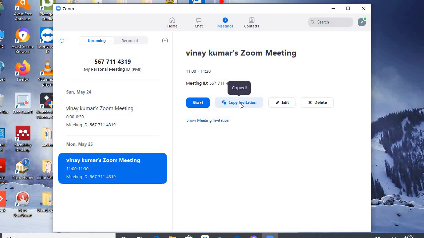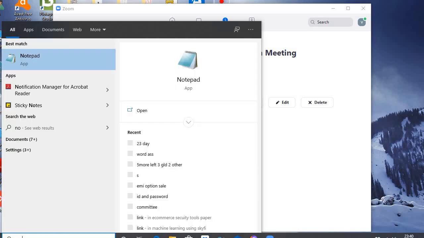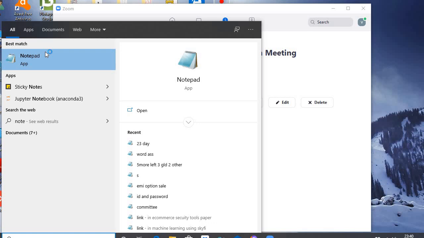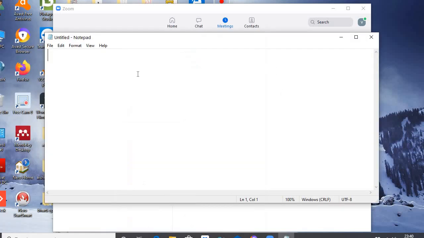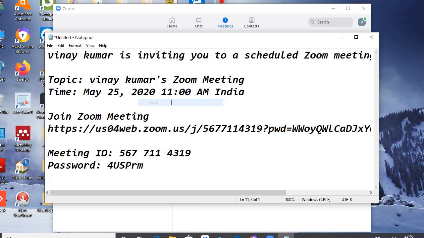You can copy the invitation, and then you have to send this invitation to your students on WhatsApp by pasting this invitation. For example, in Notepad I can paste this invitation. So this is the invitation that I have to send to the students on their WhatsApp number, or by mail, or by WhatsApp, whatever is possible,